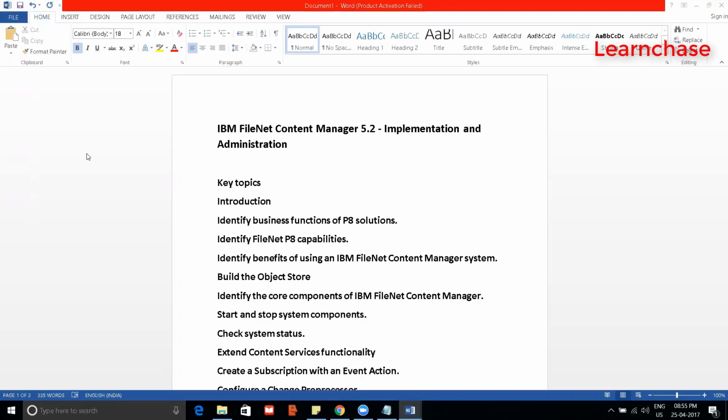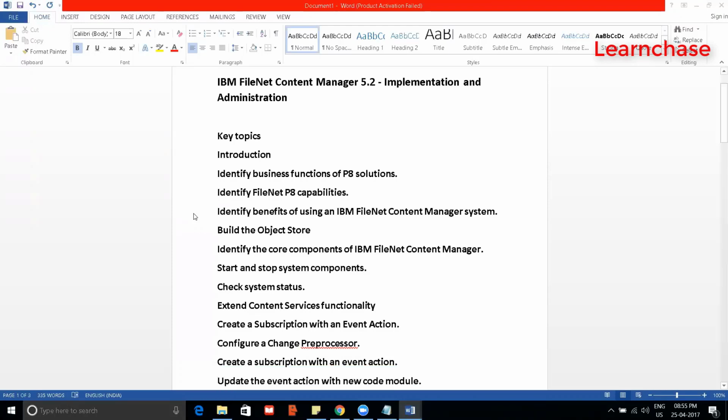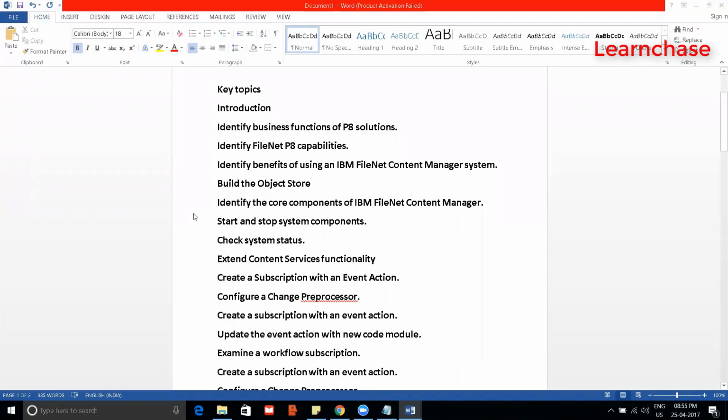So how to build the repository, then how to give the security on this repository, then how to build the data design for this, and then we can go on to identify and basically create solutions. What are the add-on components which can go with the FileNet manager? So to complete the solutions, I can even provide you